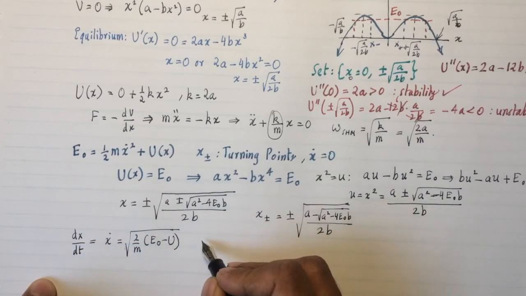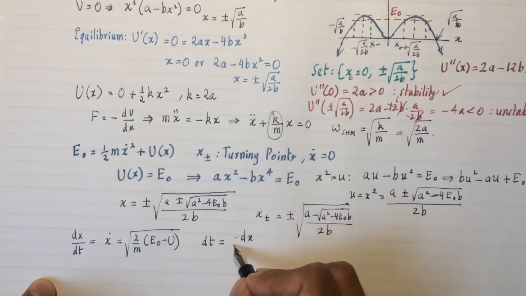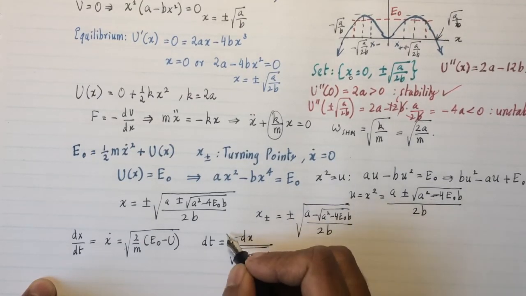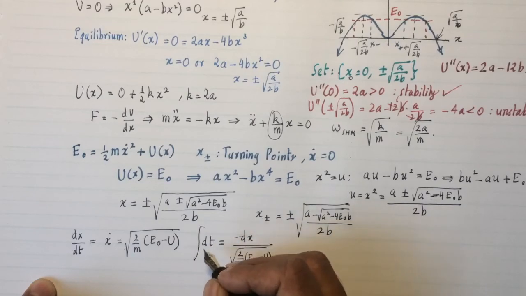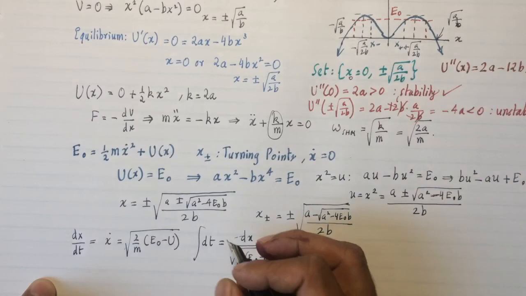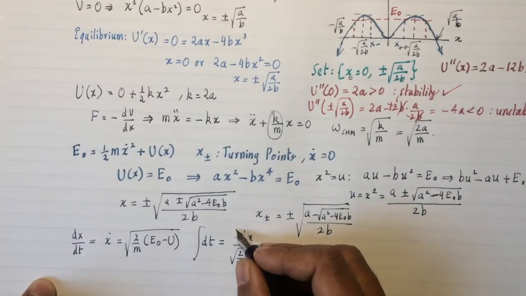So I can actually solve for time. So dt is going to be dx divided by the square root of 2 over m times E naught minus u. And the total time taken to go back and forth between, let's say, x minus and x plus, which I'll call half the period,